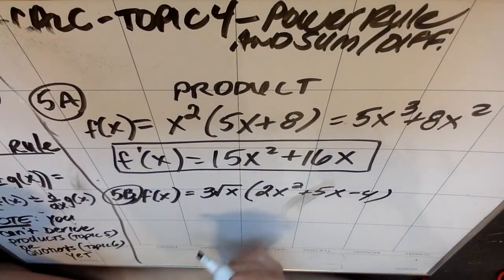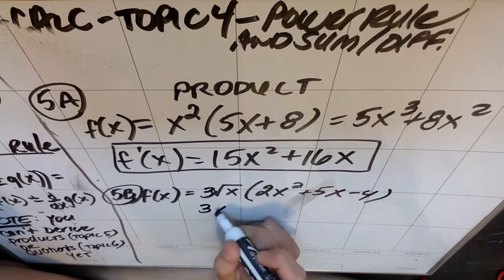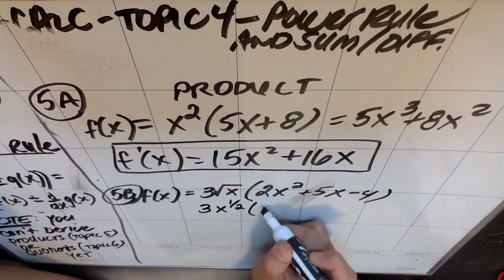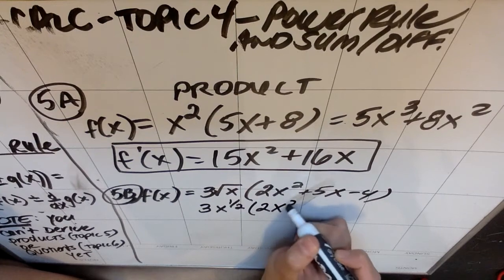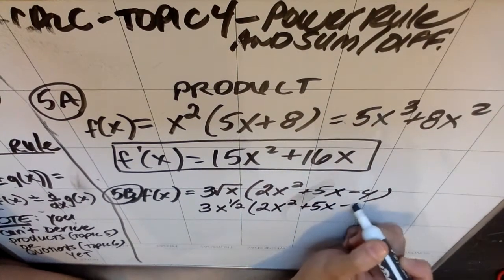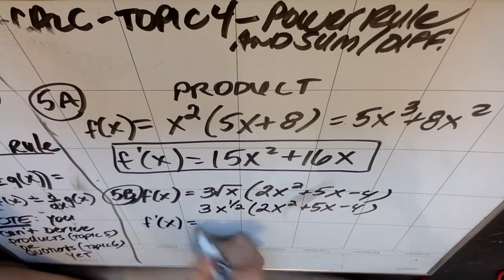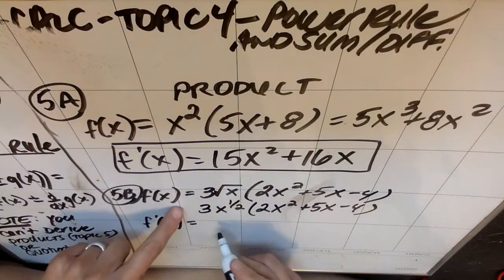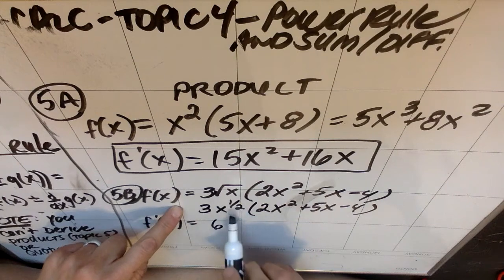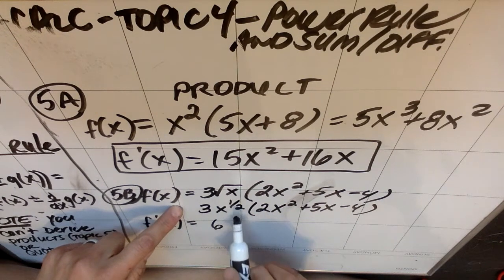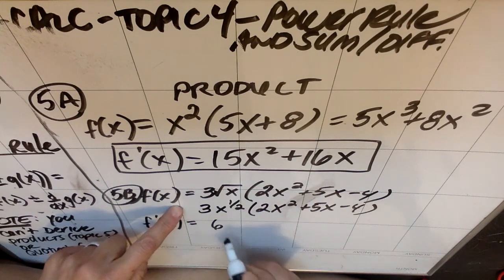Everybody does. So this is actually a 3x to the 1/2 times a 2x squared plus a 5x minus a 4. When I distribute this, right, because currently it's a product, but if I distribute it won't be, it'll be simplified, I'm going to get a 6. When I add 1/2 to 2, that's the same as a 1/2 and 4 halves, so it's going to be